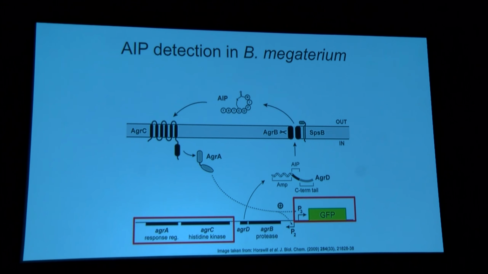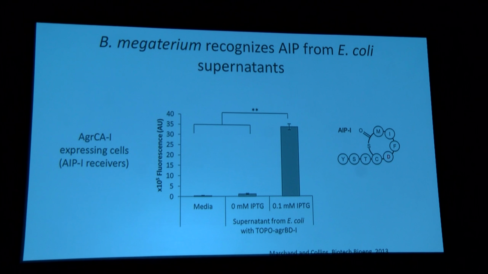And so you'll notice that this graph here looks pretty similar to the Staph aureus reporter one that I just showed you. That's because it pretty much gives you the same result. So when we have these AGR-CA expressing cells, these AIP receivers, they actually respond to the supernatant from E. coli that is producing this AIP1. And we see a really nice increase in gene expression. And you'll note that the fold change in fluorescence is actually quite a bit larger than it was in those Staph aureus reporter cells. And so we now have really sensitive and very nice reporter cells for this system.